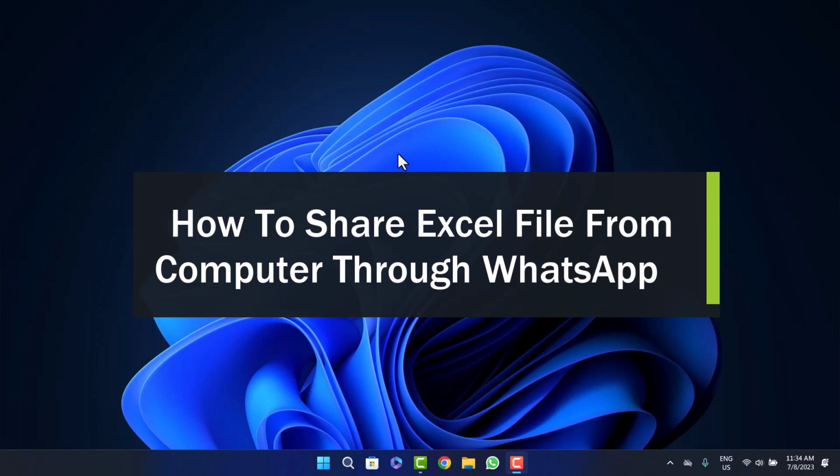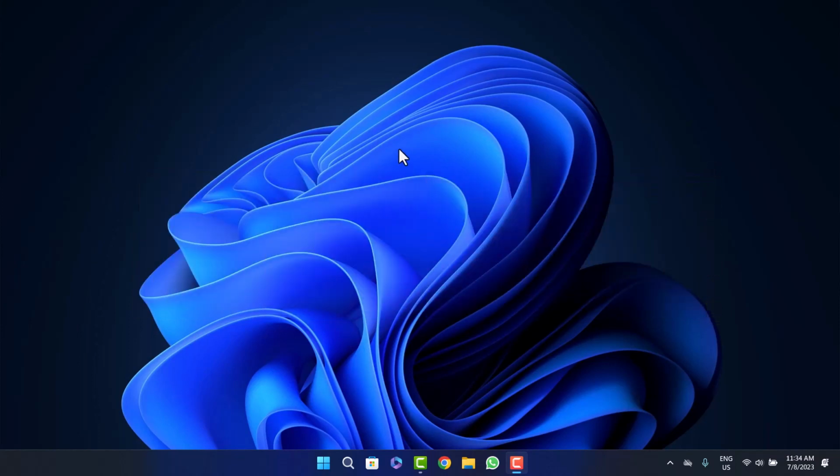Today I'll guide you on how you can share or send Excel file from computer to WhatsApp. Now the process is quite simple. First, however, what you'll need to do is download or save your Excel file as a document